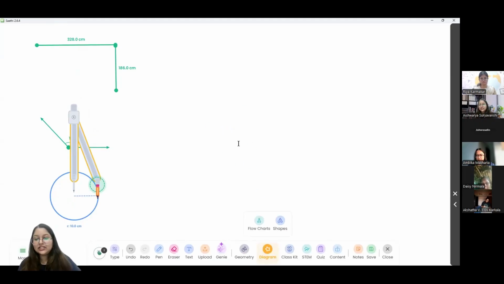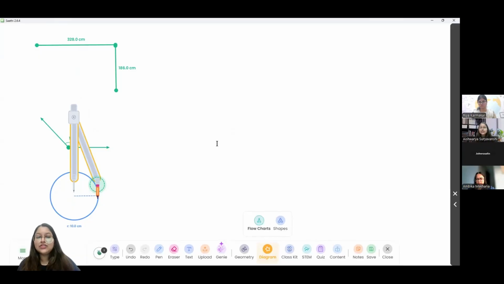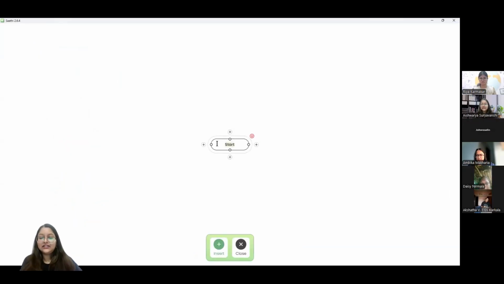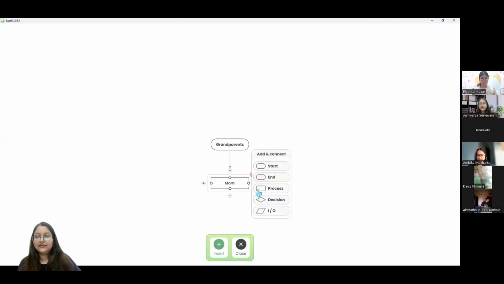The next option is diagram. If our teachers want to add a flow chart, you have the flow chart added here. Let's say I want to explain lineage, so I can say grandparents, and then I can show the next generations.